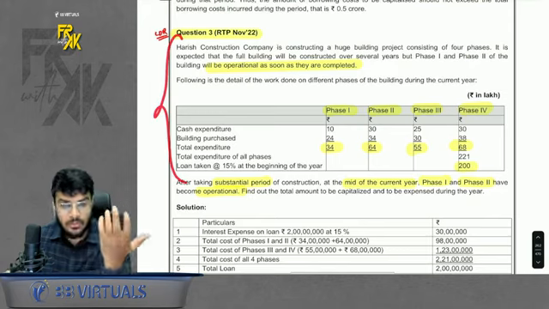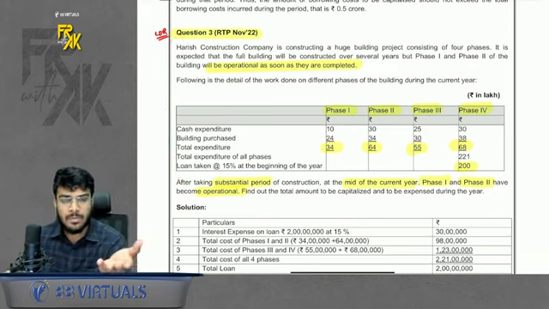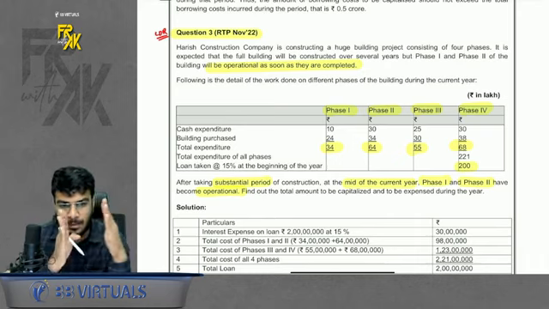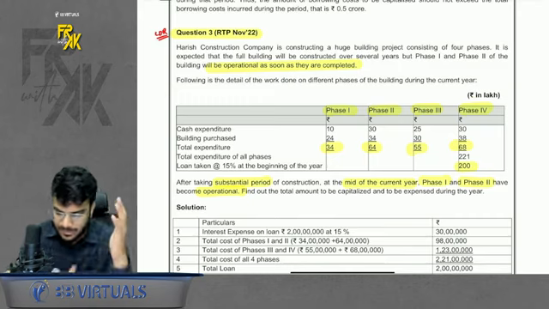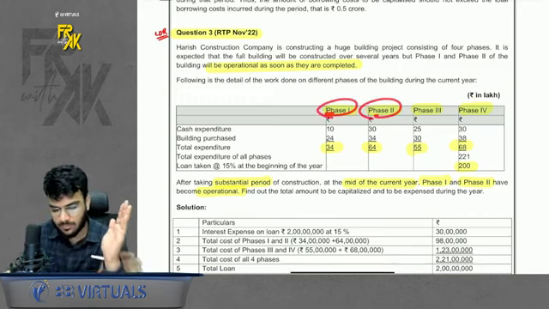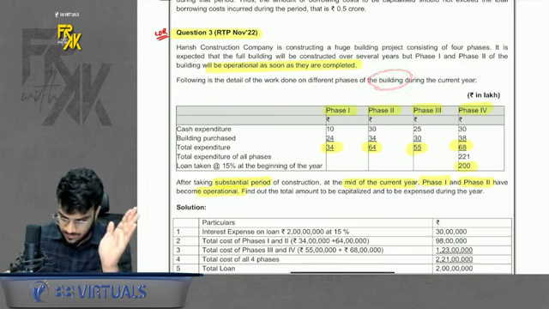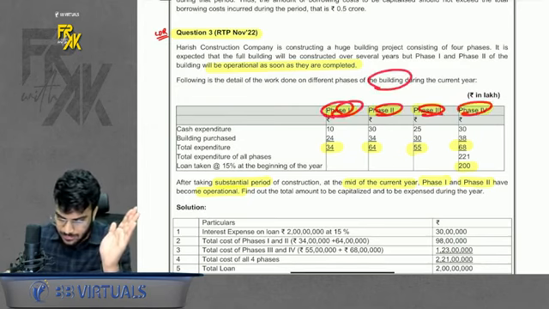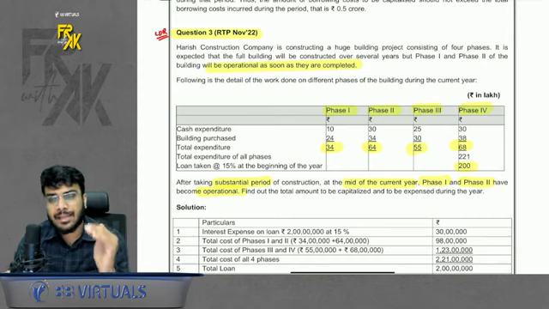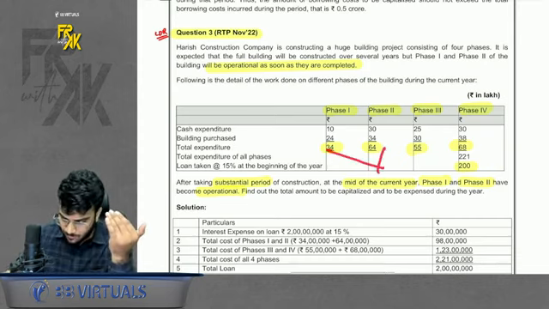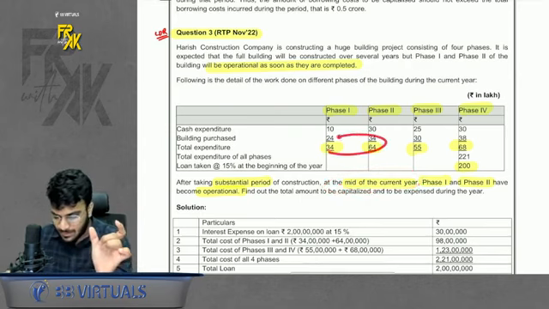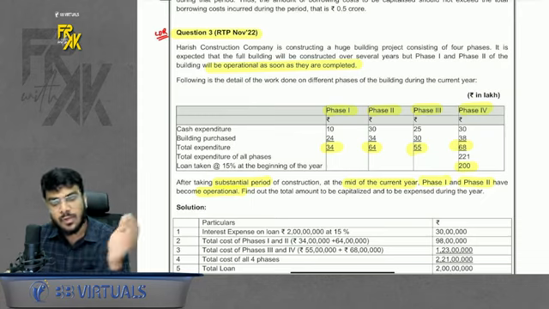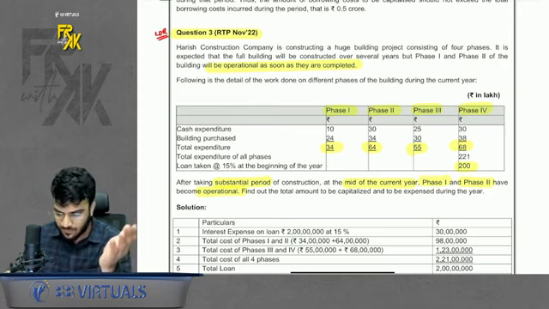Apart from this, there was also one more question, question number 3, which says, do you remember building A, building B? It became ready early, so only for that particular portion you will capitalize. Let's say they are saying that we have building construction in 4 phases: phase 1, phase 2, phase 3, phase 4. These 2 phases are ready early and they are capable of being used. They are saying these 2 phases are ready mid of the current year. So only for 6 months you will capitalize this much interest on phase 1, phase 2. For the remaining second half, you will not capitalize on phase 1, phase 2.